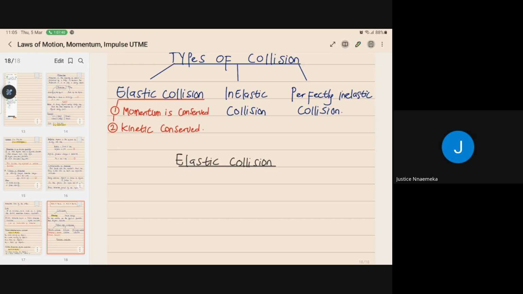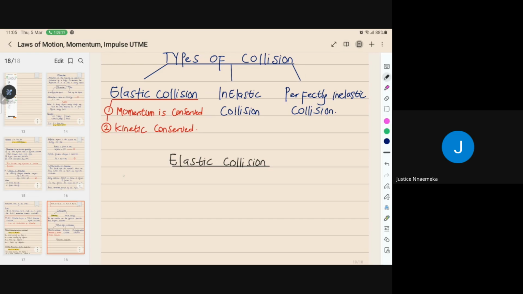All right. So now, the key thing about this, like I said, is that momentum is conserved. Let's look at the formula for your normal elastic collision. That's the same formula I'll be using all this while. Nothing has changed for your elastic and inelastic collision. So for this one, it is a kind of collision where momentum is conserved, right? So let me just make a little statement. An elastic collision